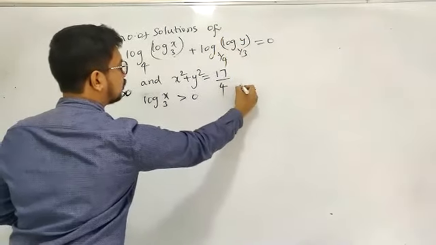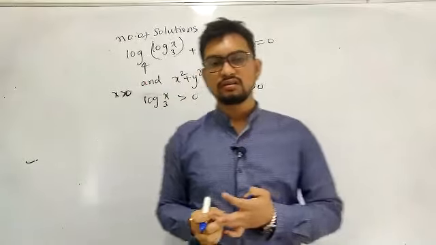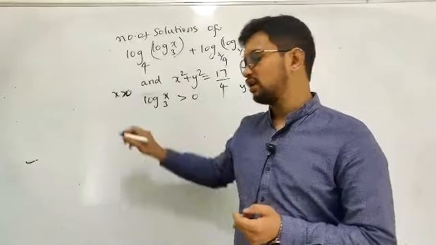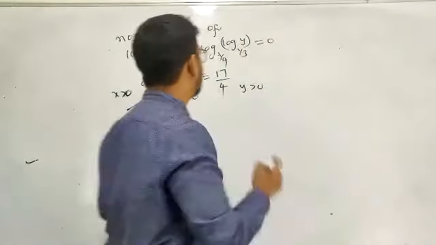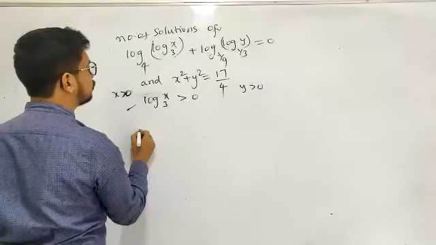Now similarly, you are getting it as log y base 3. Here you'll be getting y is greater than 0, and this internal part must be greater than 0 again. So first is that domain criterion. Take that domain criterion. After that, you try to simplify that. Assuming the domain criterion, let's try to simplify this.